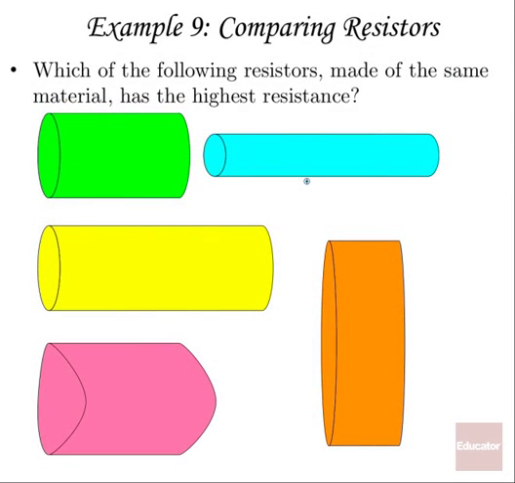Let's take a look at some resistors here. Which of the following resistors made of the same material has the highest resistance? Well, we'll go back to our formula. R equals rho L over A. And if they all have the same material, they all have the same resistivity. And if we want the biggest resistance, we want something that has the biggest L, so we want a very big L, and we want a very little cross-sectional area to give us a very big resistance. Which one of these has the biggest length and the smallest cross-sectional area? Obviously,